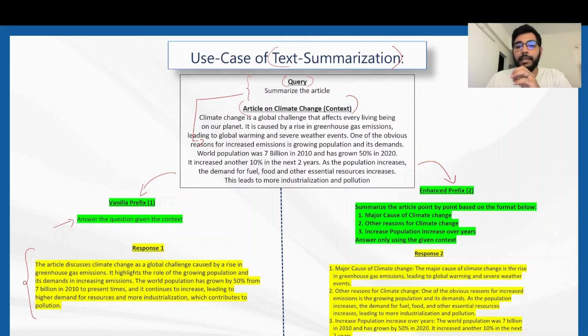Hypothetically speaking, let's say you wanted to summarize this particular article point by point based on the format below. That is, you wanted a structured summary specifying three particular points: major cause of climate change, other reasons for climate change, and increase in the population over the years. Since you want this in a pointed structured format, you prefix the prompt in that way and ask the model explicitly to do so,